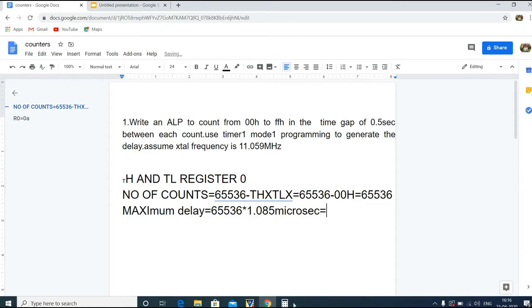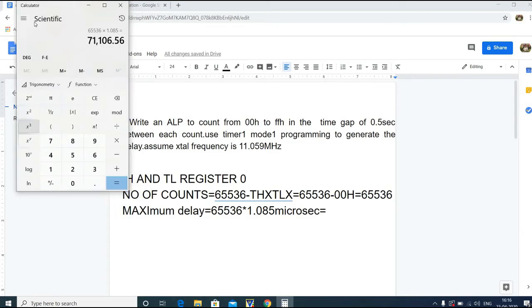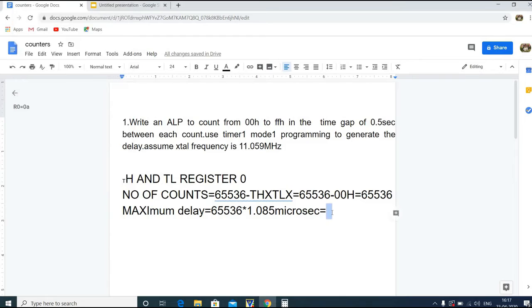Now if we multiply this, we get 71.106 millisecond. It means using mode 1 programming, the maximum delay that can be generated is only 71.106 millisecond. But in our program, we need to generate a 0.5 second delay.